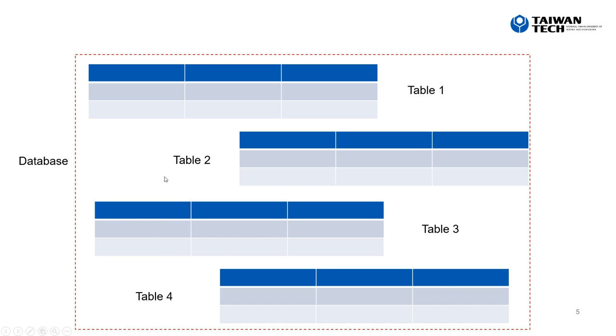So I will know all these tables are related to students, so I will put all the student-related tables in the student database. So if today you want to create a database, you need to make sure all the information is related. So this is the reason why we needed to rely on